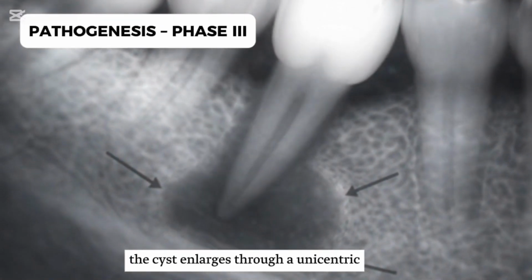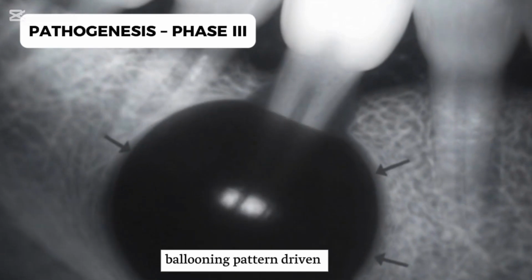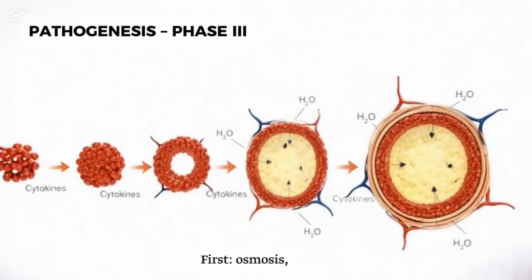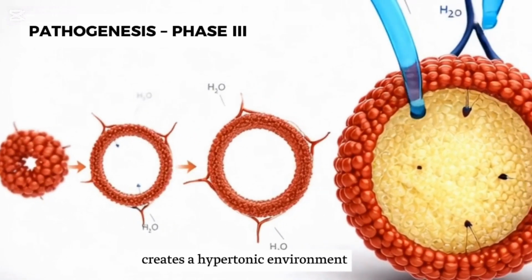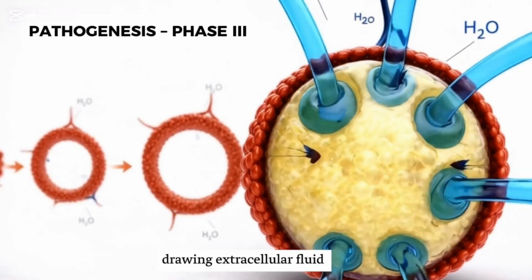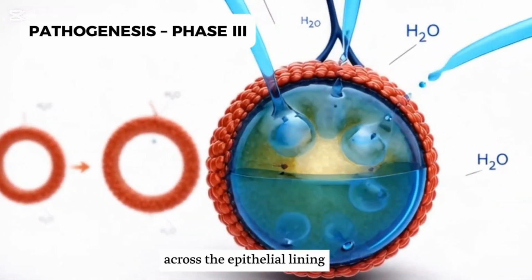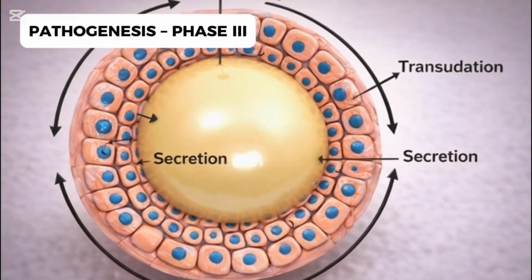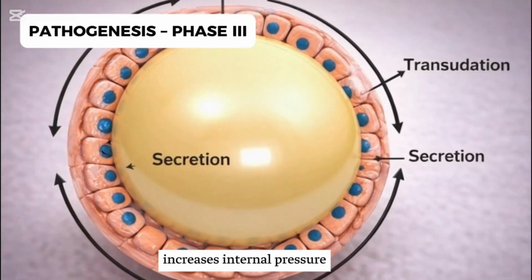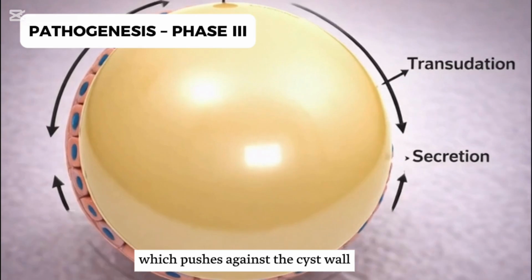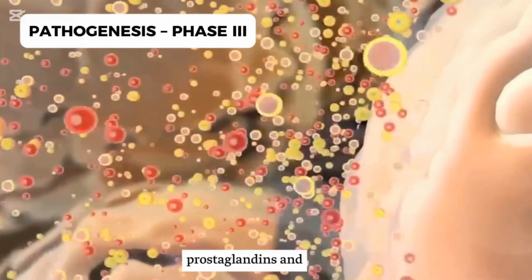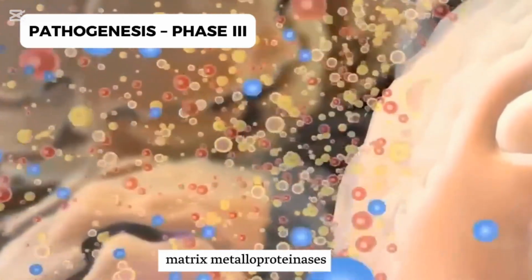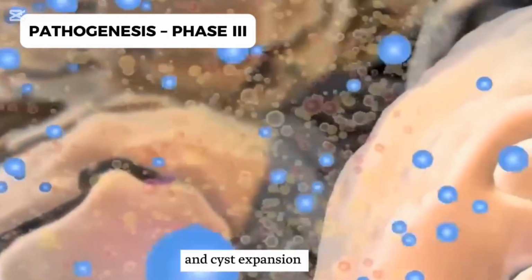The cyst enlarges through a unicentric ballooning pattern, driven by 2 primary mechanisms. First, osmosis. The breakdown of cellular debris creates a hypertonic environment inside the lumen, drawing extracellular fluid across the epithelial lining. Second, hydrostatic pressure. The accumulating fluid increases internal pressure, which pushes against the cyst wall. Simultaneously, inflammatory mediators such as prostaglandins and matrix metalloproteinases stimulate osteoclasts, resulting in progressive bone resorption and cyst expansion into